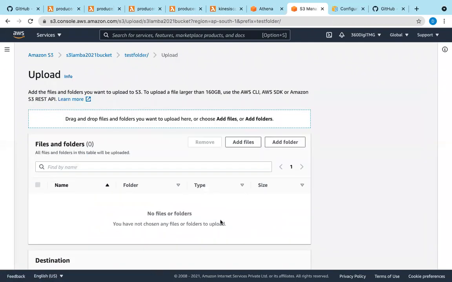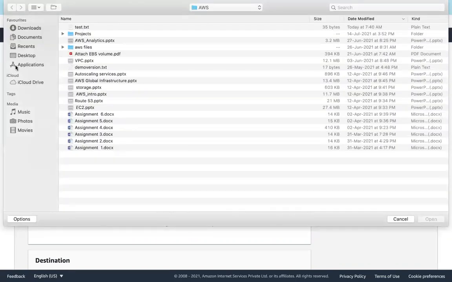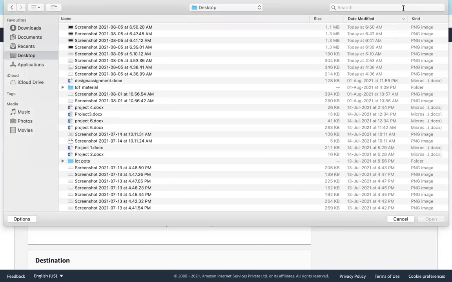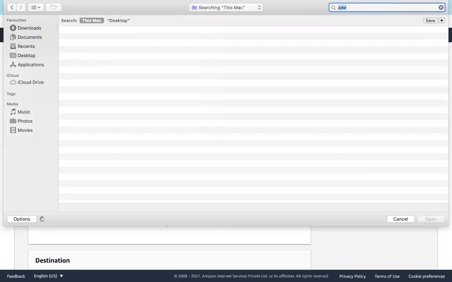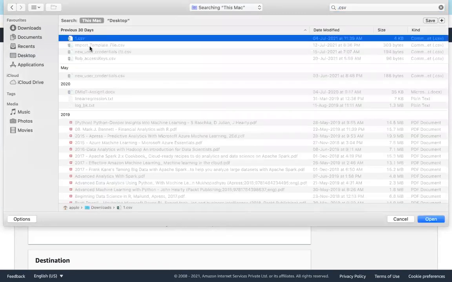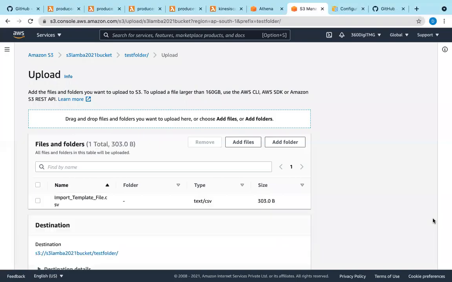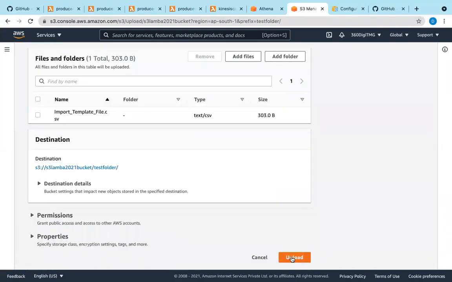Or upload any .csv file in it. Add files. One.csv, import template file.csv. Let us use this import template file.csv. Open. Upload.